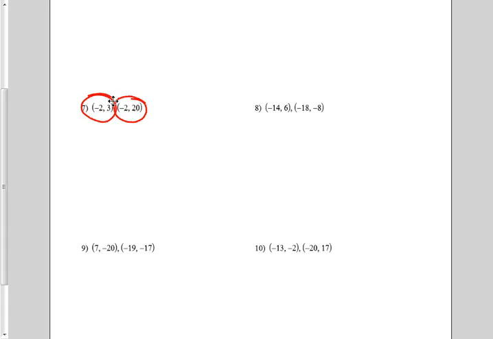And actually, I see something that's going to happen here in number 7. So I'm going to fast forward a little bit to 8, and we'll come back to 7, because 7's got an issue that we want to talk about. Here in 8, again, these 2 points are on the line. So if I were to graph that, and I don't need you to write this part down, if we were